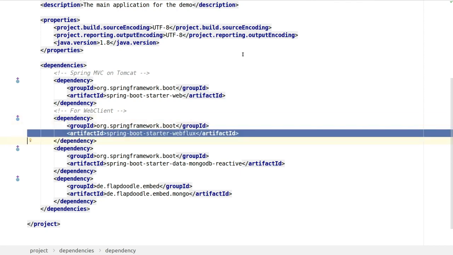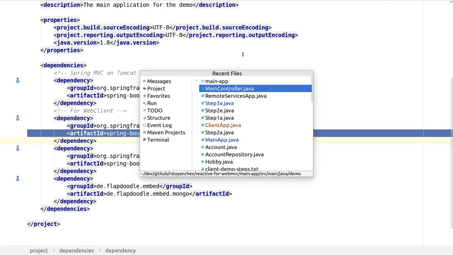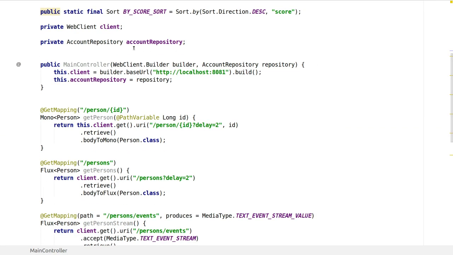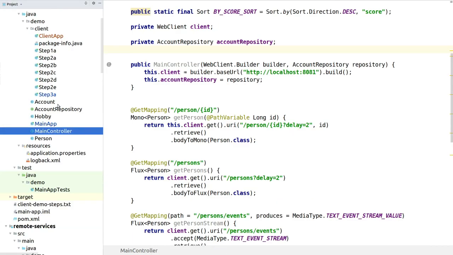When Spring Boot sees both of these in the same POM, it knows you probably want to run Spring MVC and then use the web client or some other client-side facilities from the WebFlux jar. Okay, so now if I start this application,